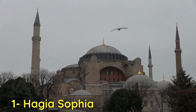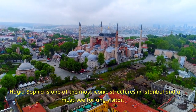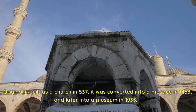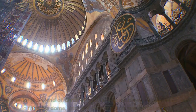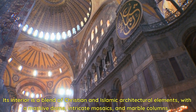1. Hagia Sophia. Hagia Sophia is one of the most iconic structures in Istanbul and a must-see for any visitor. Originally built as a church in 537, it was converted into a mosque in 1453, and later into a museum in 1935. Its interior is a blend of Christian and Islamic architectural elements, with a massive dome, intricate mosaics, and